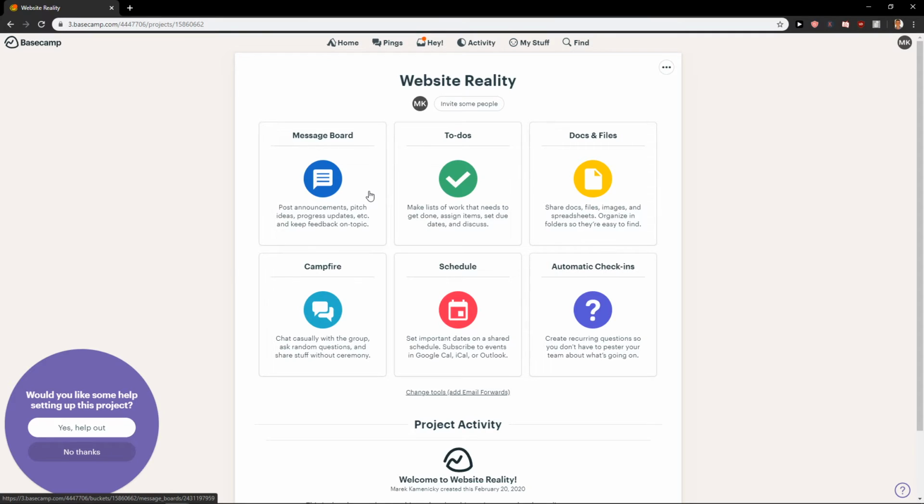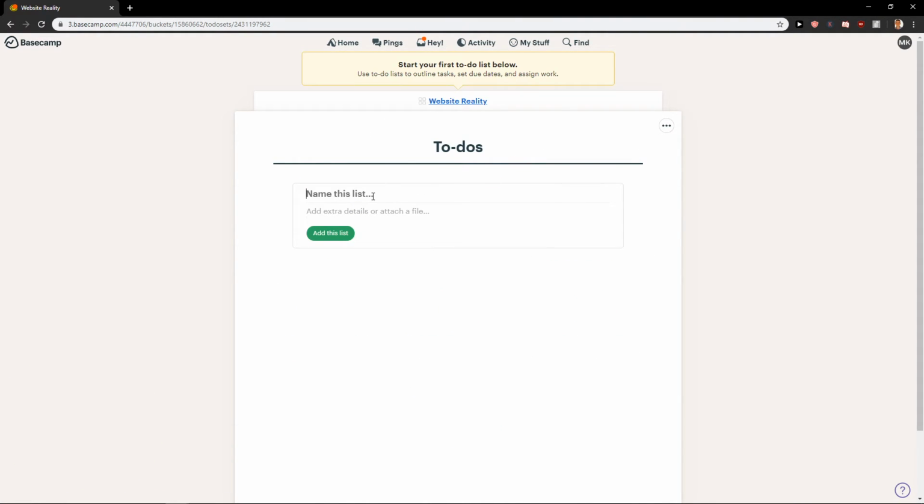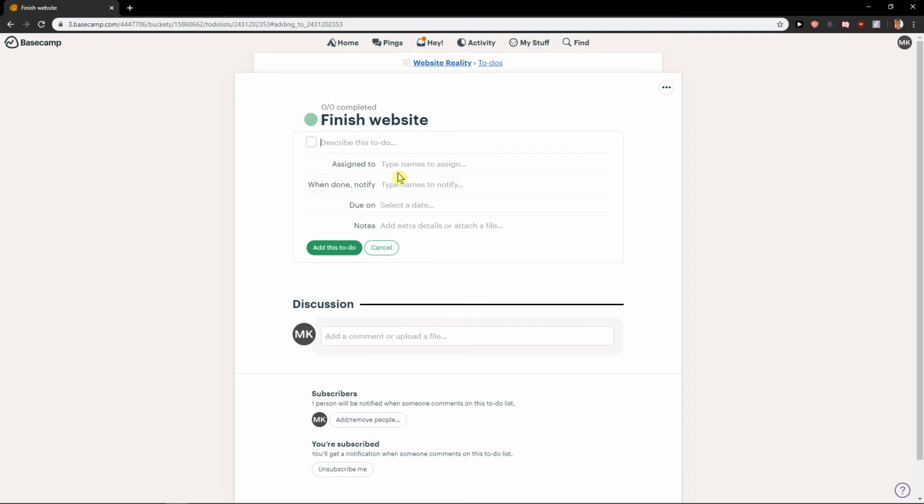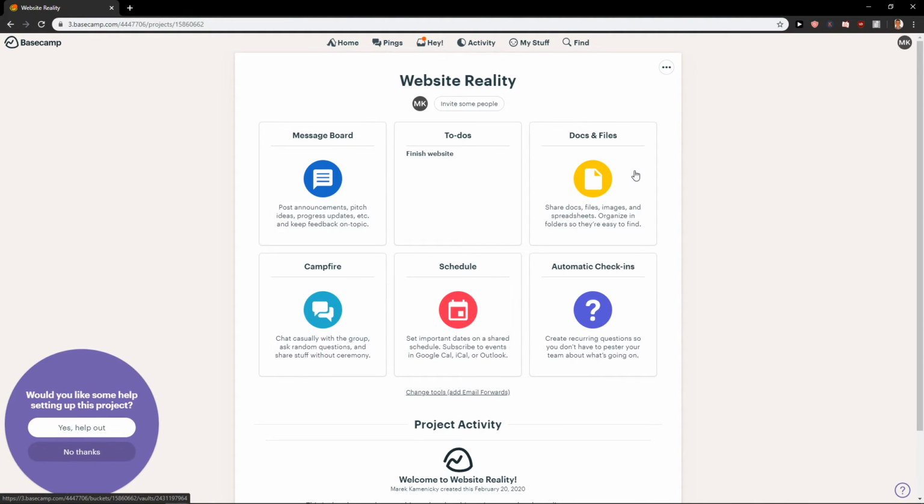Now first you have the message board where you can post announcements. Then you have the to-do list, same, name this list, finish website. The tabs are all the same. Assigned to, due date, you know how it works. Then you have Docs and Files to upload,